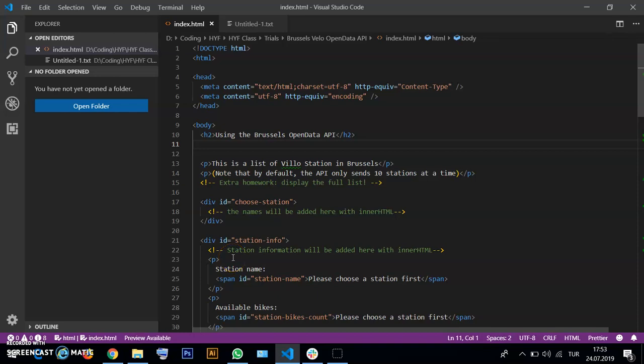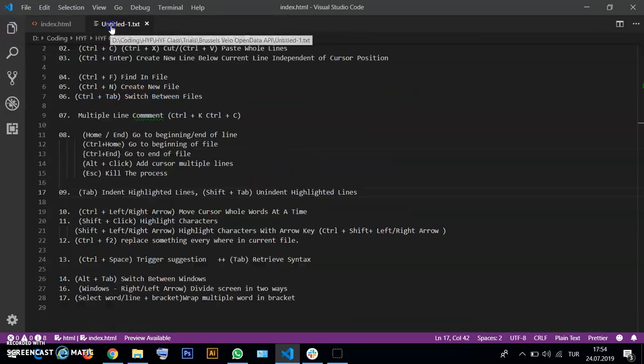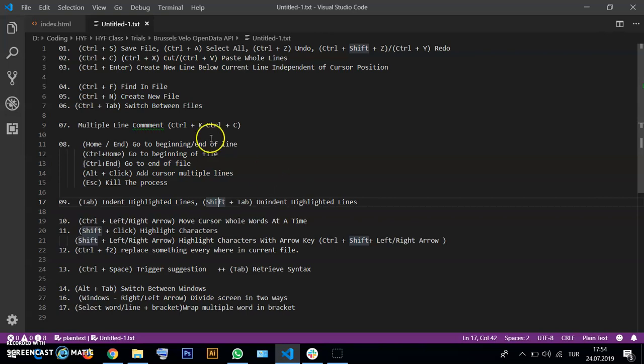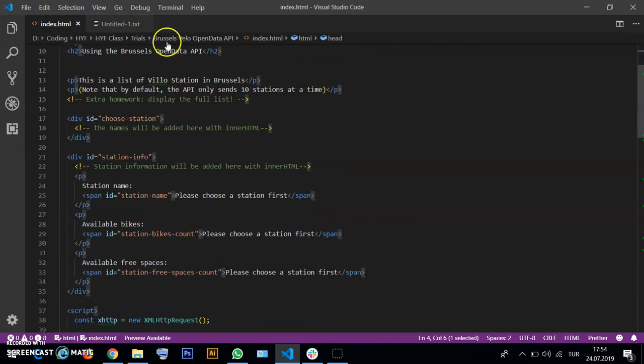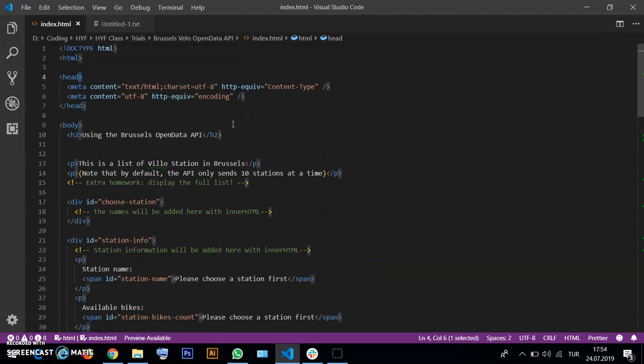Hello guys, today I'm gonna show some shortcuts in Visual Studio Code, and I just don't want to speak too much and go directly into the topic. For example, in an HTML file or any file, as you are familiar with,